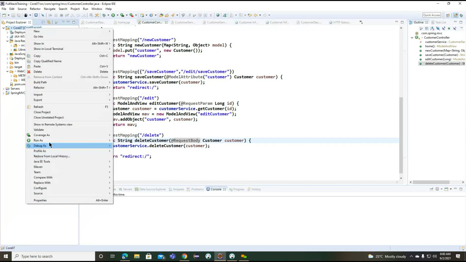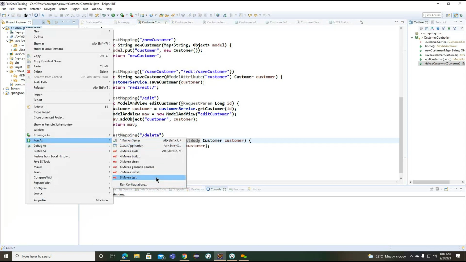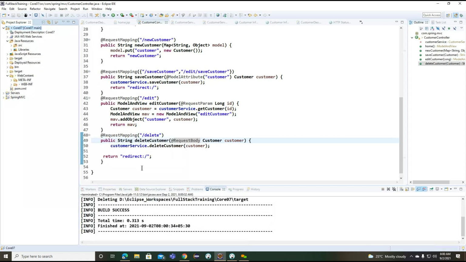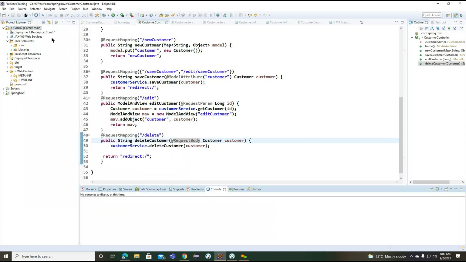We'll try with request body. If it is not working here, we need to change the UI information. So instead of changing, we'll return the ID.